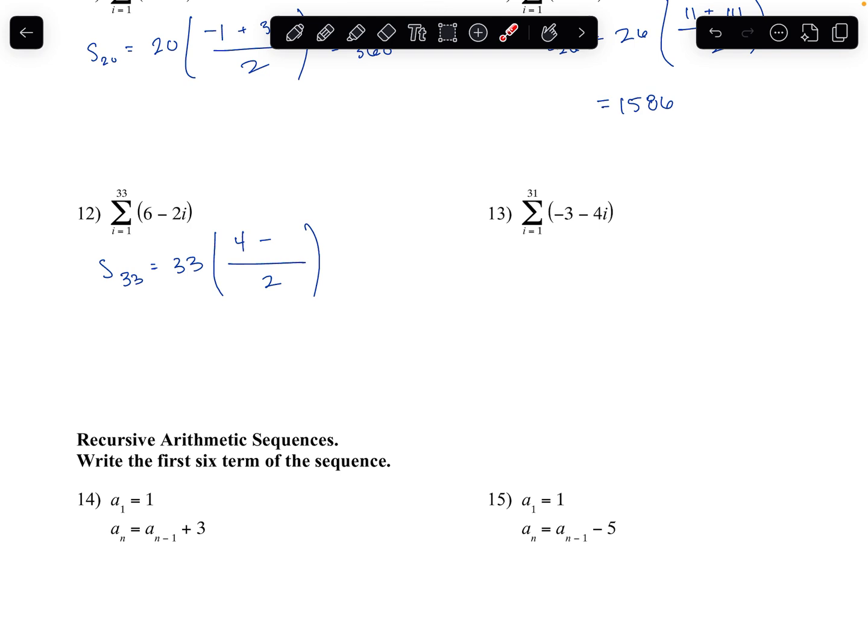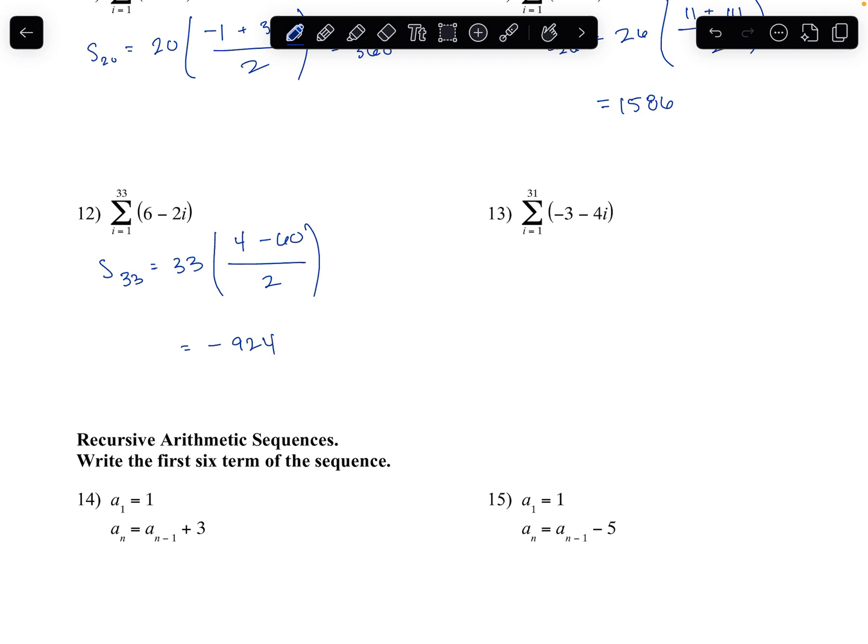So if I do 6 minus 2 times 33, I get negative 60. So 4 minus 60, that's going to be equal to negative 56. Then we divide that by 2, and then multiply that by 33. So I have negative